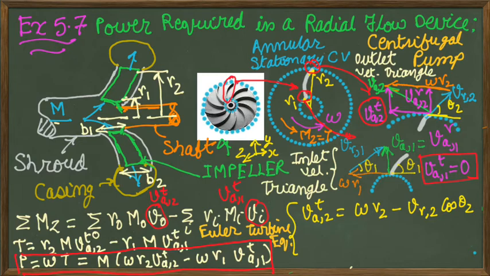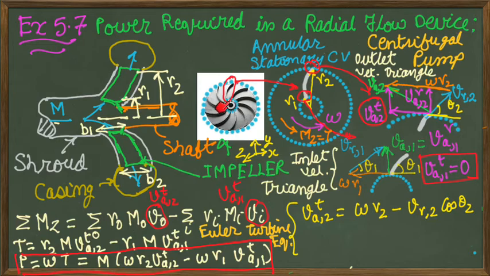At the impeller inlet, the absolute velocity with which water is entering can be obtained. If you know the mass flow rate, then you can obtain the radial component of the absolute velocity, because at the inlet,